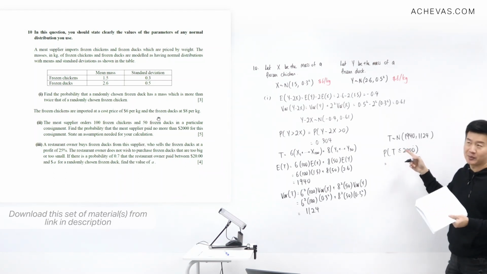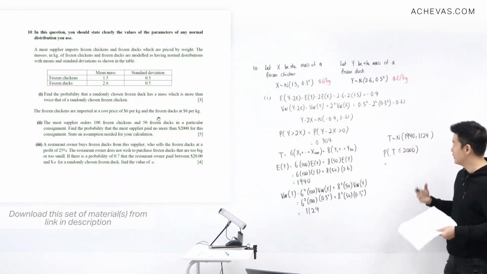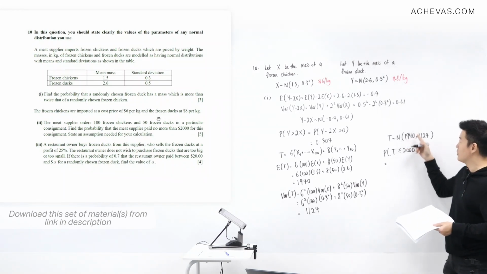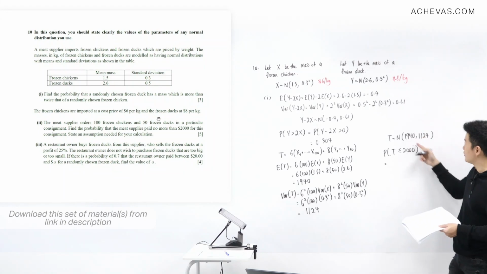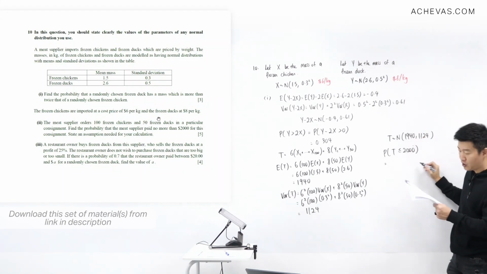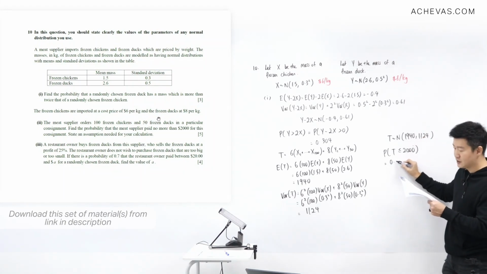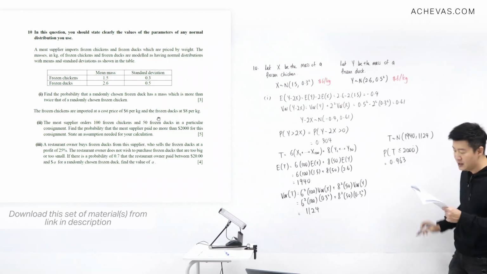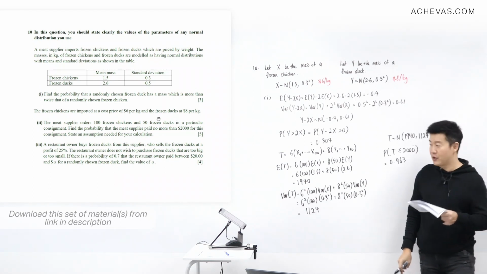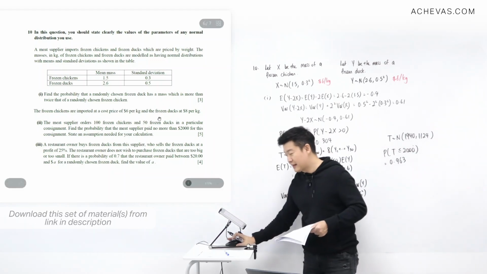So the lower limit is going to be, I'll press this into my calculator. The lower limit is going to be negative infinity. Upper limit is going to be 2,000. Mean is going to be 1940. And the standard deviation is going to be the square root of 1124. And my answer here is 0.963. And this question actually asks for one more thing, which is for us to state an assumption that is